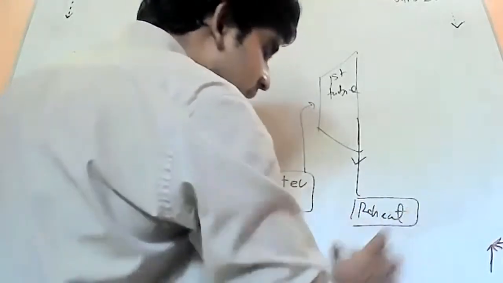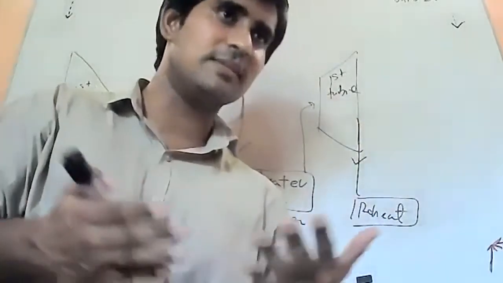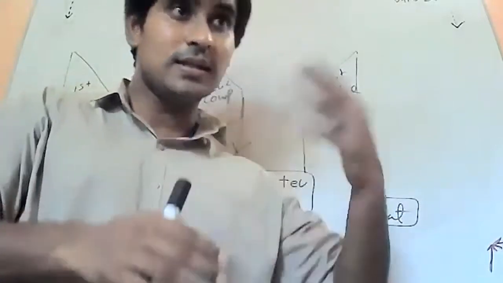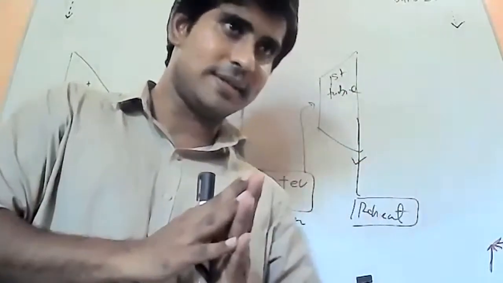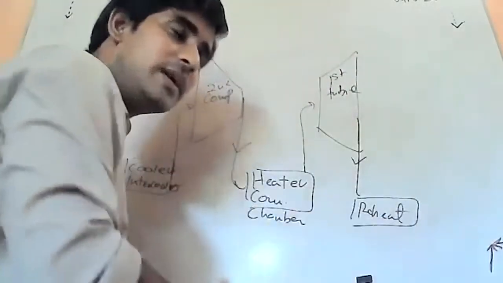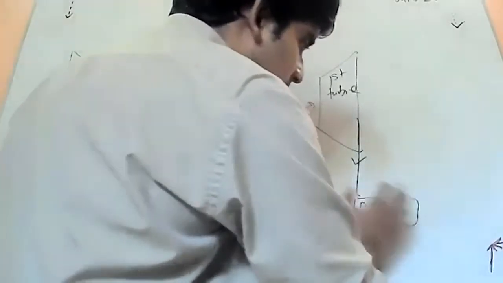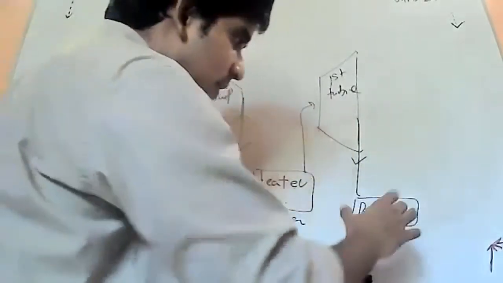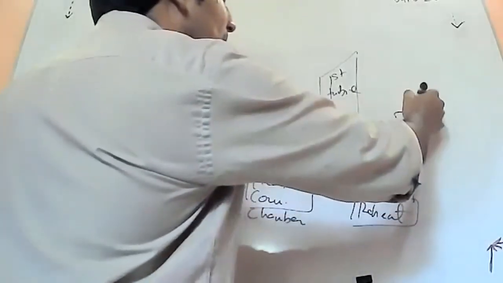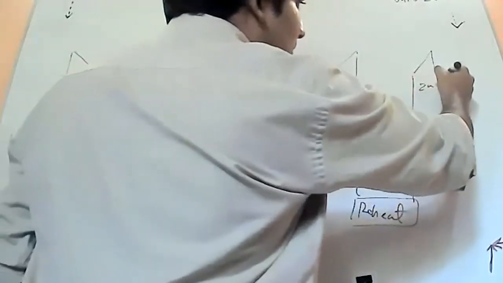right? So you can call this reheat, because reheat means that after the first turbine, it loses its thermal energy, right? And after that, we need to use that energy to do another turbine work by adding some more energy to it, right? Because after this turbine process, it loses the energy, so we are going to reheat. So we are going to heat it back. Okay. So after heating it back, we are going to give that to the final turbine. So this is the second turbine.